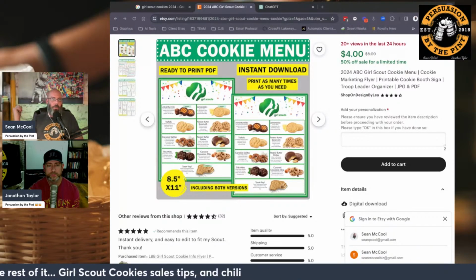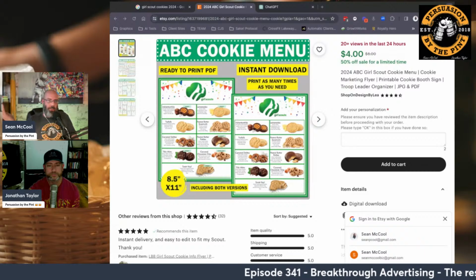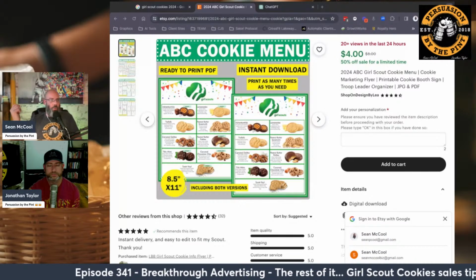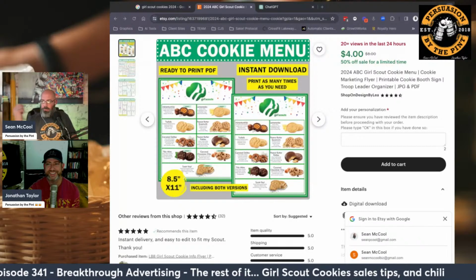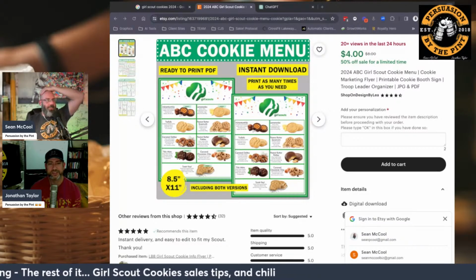Now combine some of the things we were talking about, Jonathan. Oh, yeah, I have a sample of one if you'd like. You can even cut these cookies in halves to make the samples go further, right? Man, I should start a whole course on how to sell Girl Scout cookies. There's my second course for the week. Yeah, for sure. So that's that.